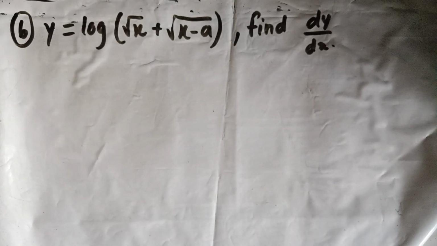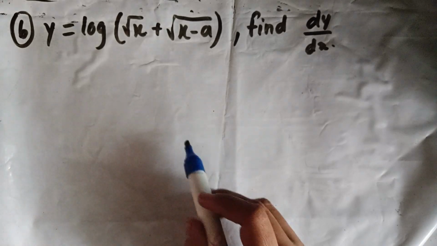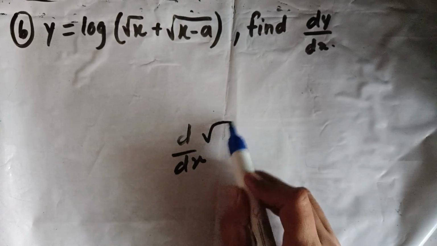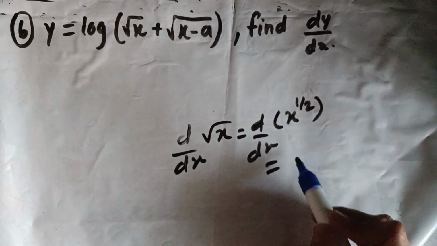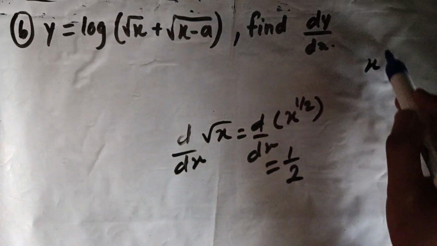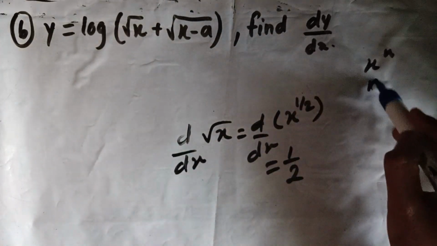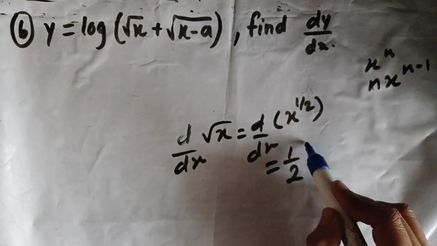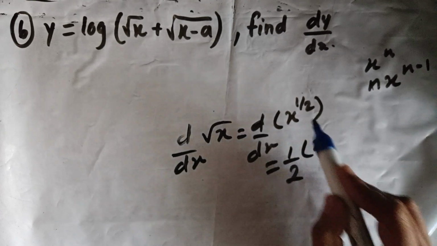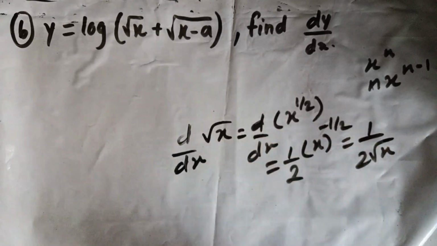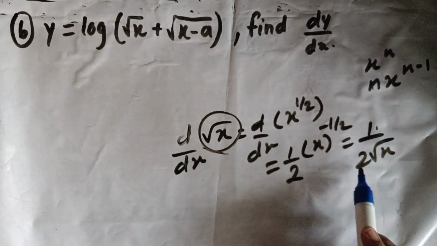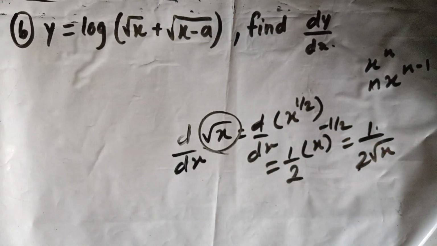Next question. If y is log of root x plus root x minus a, you have to find dy by dx. Now remember here, the derivative of root x, you can write this as x raised to half, right? So using the x raised to n formula for a derivative, that is n into x raised to n minus 1, this becomes x raised to 1 half minus 1, so minus half. That's why it is 1 upon 2 root x. Okay, so whenever you have a root, you can directly write 1 upon 2, that under-root thing. Okay,